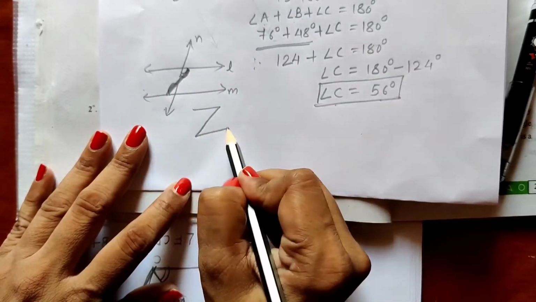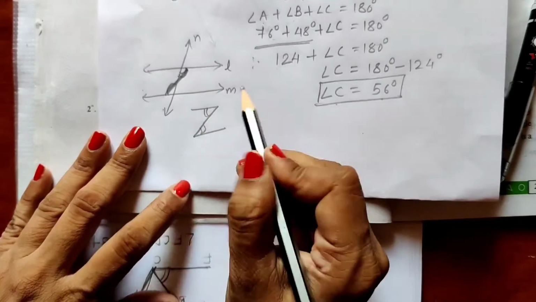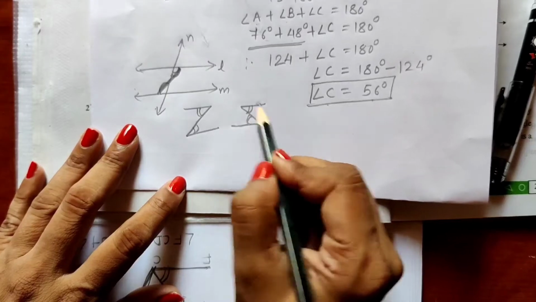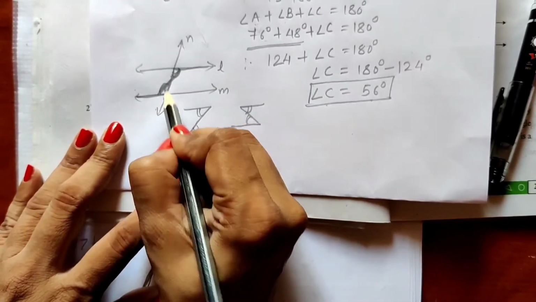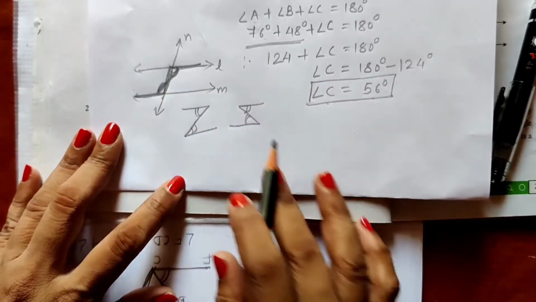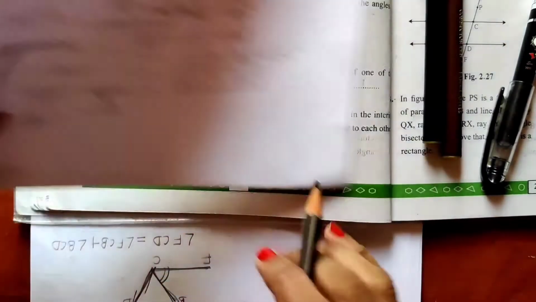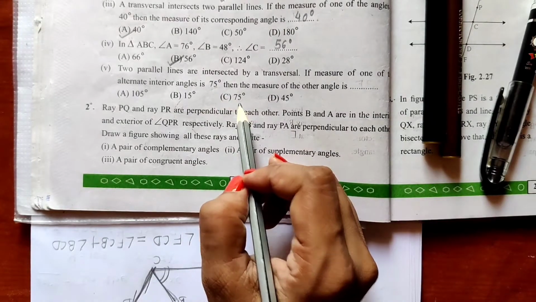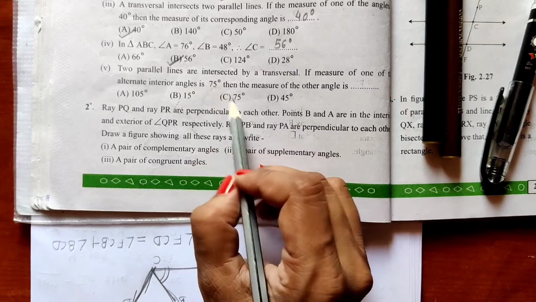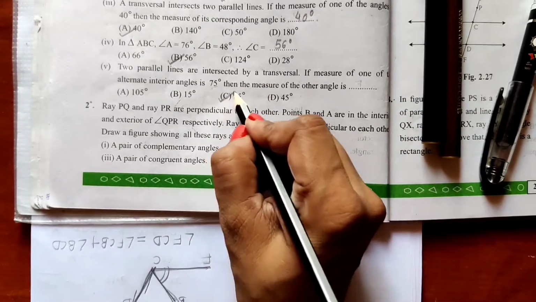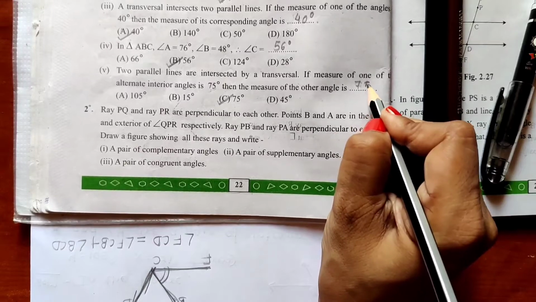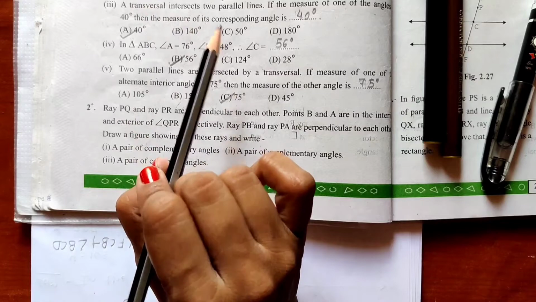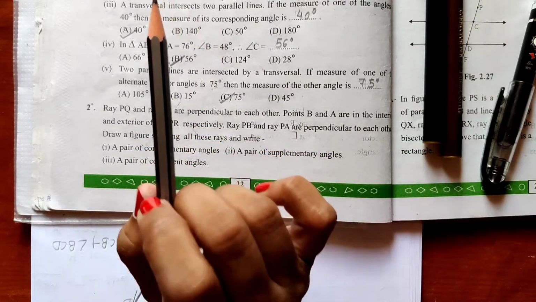Alternate angles are formed in the shape of Z. This is one, so this will be the other, and opposite Z also you can take. So this is one, so this is the other. In this way it will be in the shape of Z, always in the shape of Z. So alternate angles are congruent. If one alternate angle has a measurement of 75 degrees, the other one, its pair, will also be 75 degrees. So the correct option is option C, 75 degrees. So in this way, by understanding, you will have to choose the correct option from the given four options.